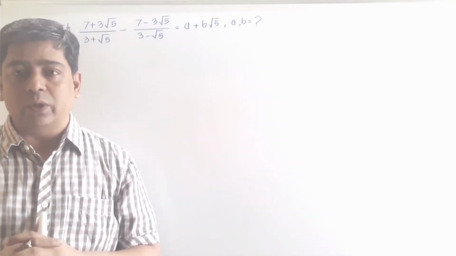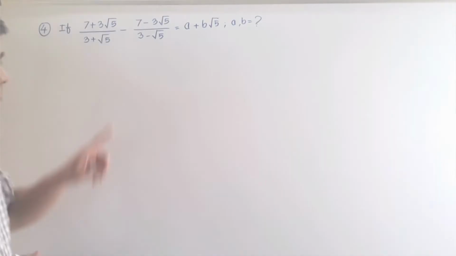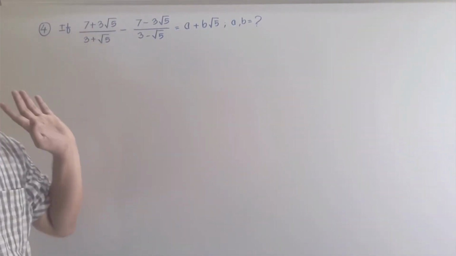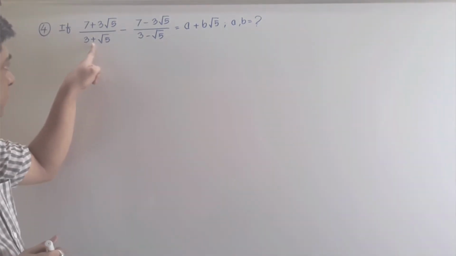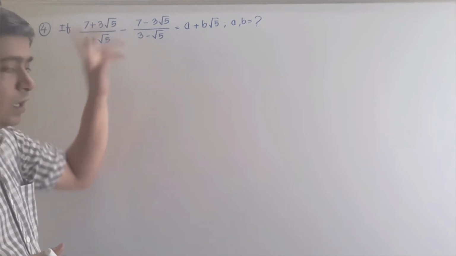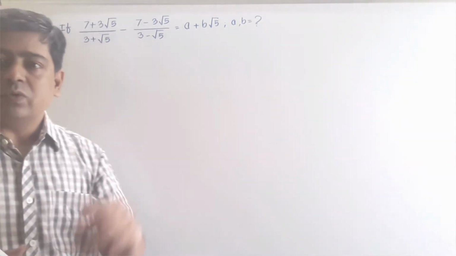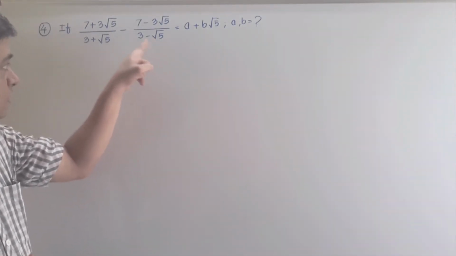So see what we can do. In this question, one flexibility, one simplicity is there. You observe the two denominators. One denominator is a conjugate of the other. What is the meaning of conjugate here? Observe here, if a plus sign is given, then the same term is given along with the different sign. In place of plus, they are taking minus. So we can say that this is a conjugate of this one, or this one is a conjugate of this one.